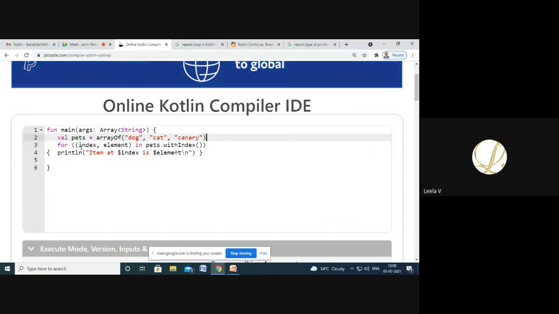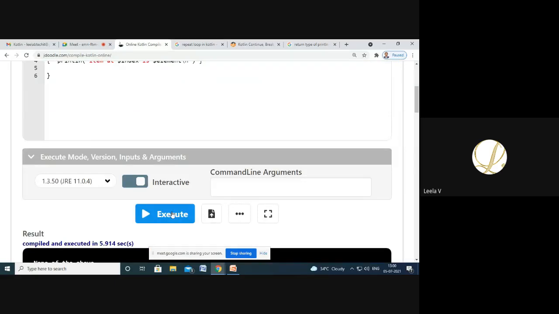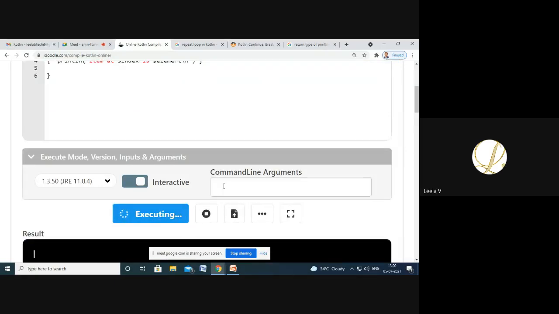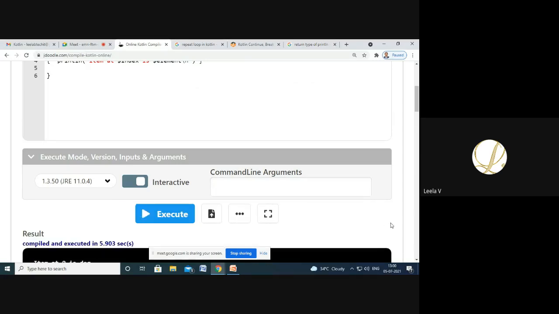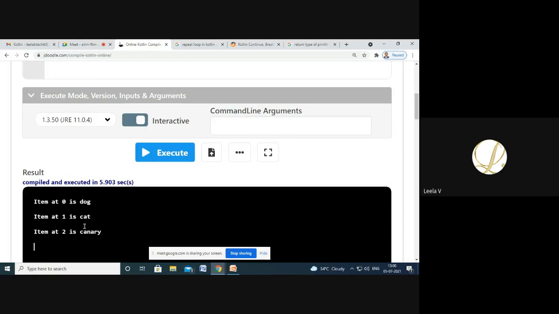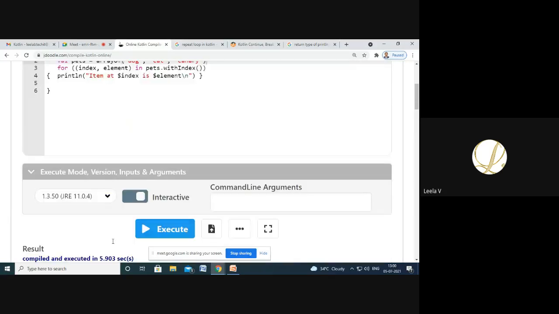This is my array, and I'm printing it. Both your index as well as your data will be printed like this.